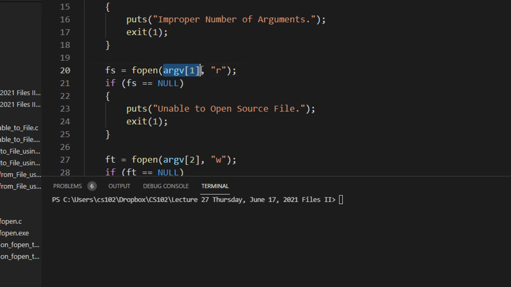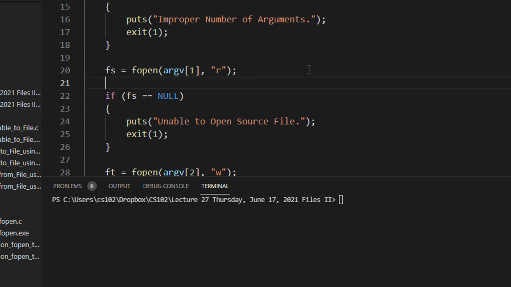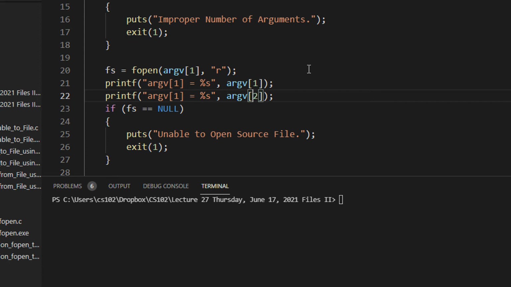Now see, argv. What is argv? argv1 is nothing but the source file. So we can also try to do a print statement here. printf argv1 is equal to %s, because it's a character array and we just display this particular value, and then a slash n.